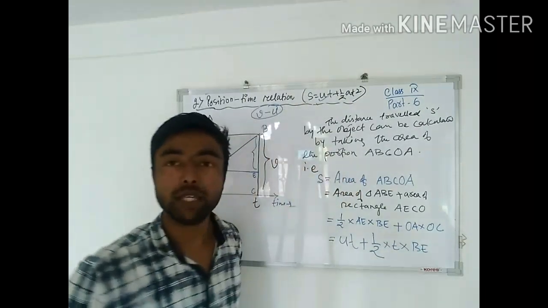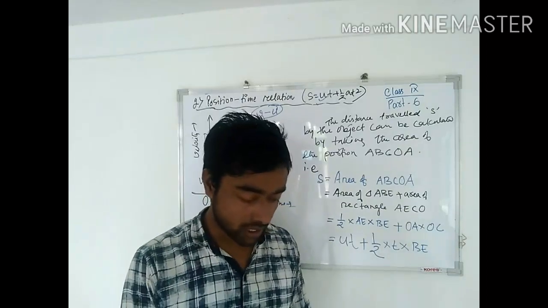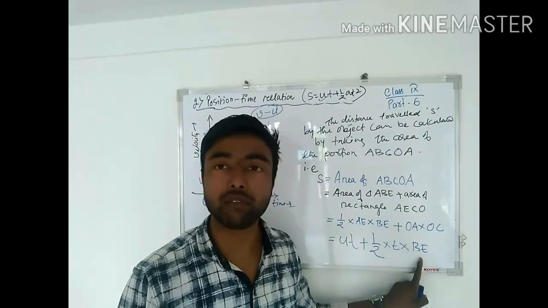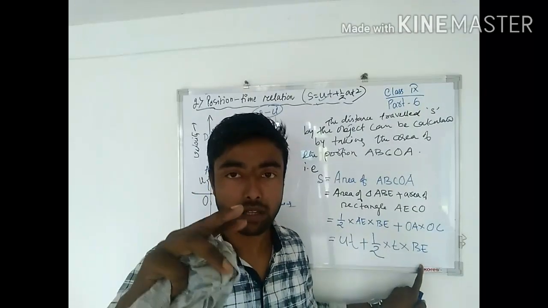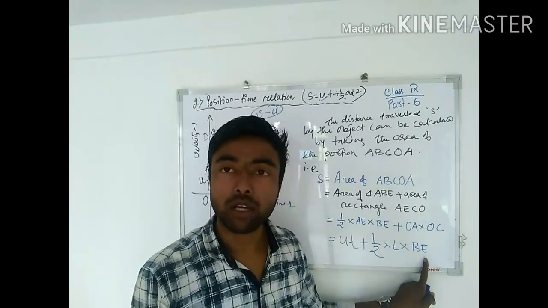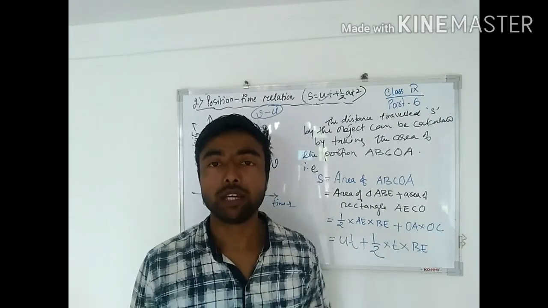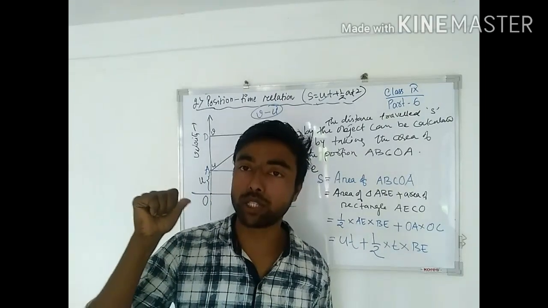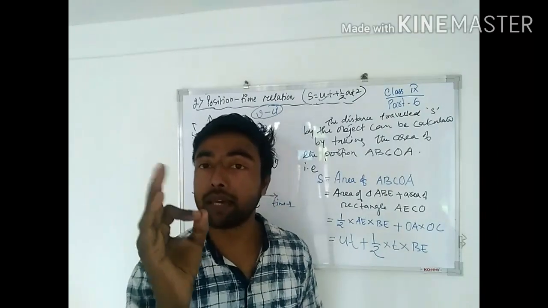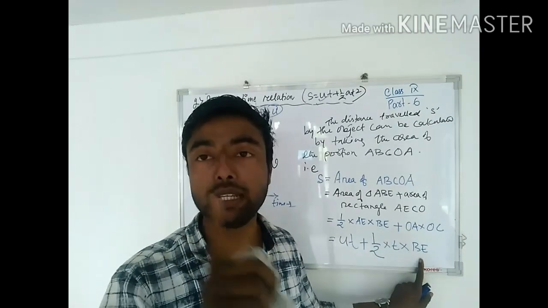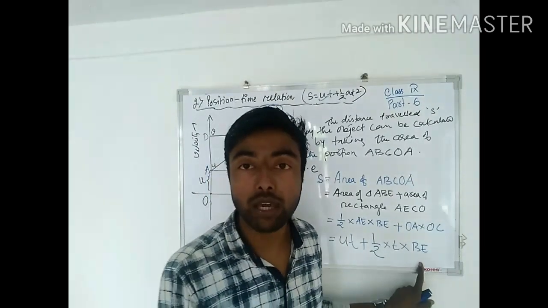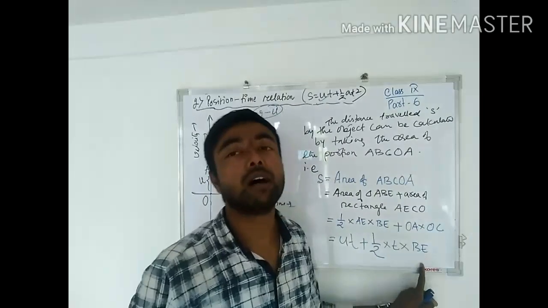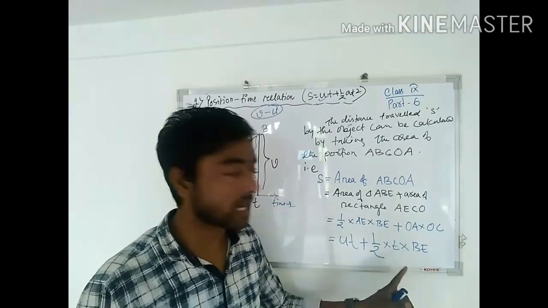Done? BE. Suppose we don't know what is the value of BE. See, in the previous equation, we have already calculated the value of BE is what? 80. थोड़ी देर पहले हमने निकाला BE का value. Listen very, very carefully. If you are writing an examination, suppose I have given you to derive this relation, तो तुम एग्जाम में क्या करोगे? एग्जाम में फिर से ये BE लिखना पड़ेगा, BE का वैल्यू निकालना पड़ेगा, क्योंकि तुमने वो प्रीवियस इक्वेशन में लिखा, एग्जाम में नहीं लिखा, तो इसीलिए क्या करना पड़ेगा, यहाँ